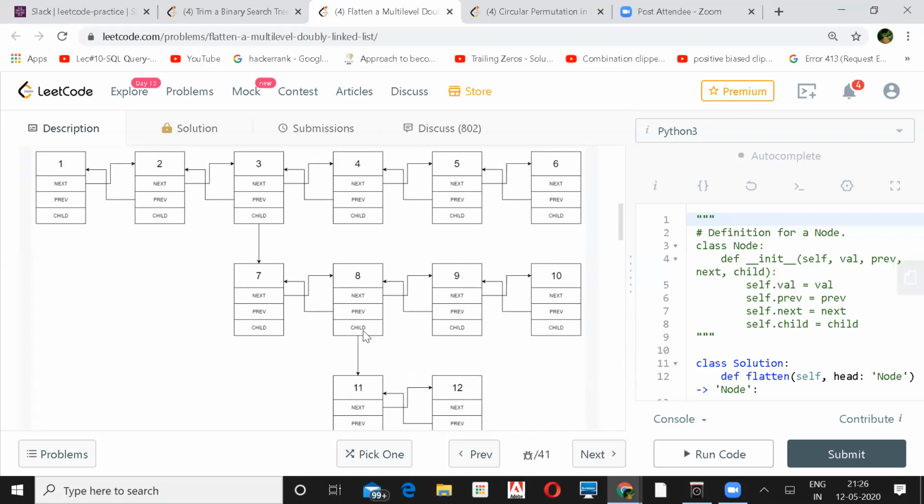Nice question. Actually, we'll have to do a modified DFS where we pass something to the next level. Before we go to the next level, we'll have to pass the parent's sibling.